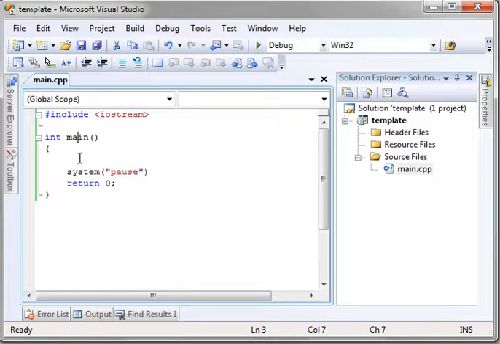Then we've got int main, and if you've done Java or C#, you should recognize that. That is our starting function. It always starts here. That is the main entry point of the application. It'll always start there. System pause. System's a very powerful command. You can do just about anything with system. If you pause, it'll keep the little DOS window that appears